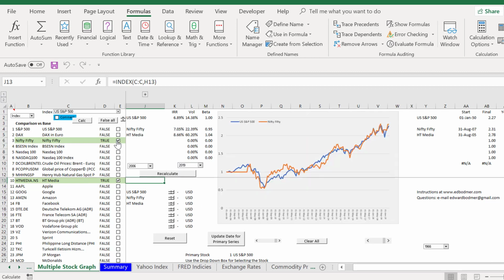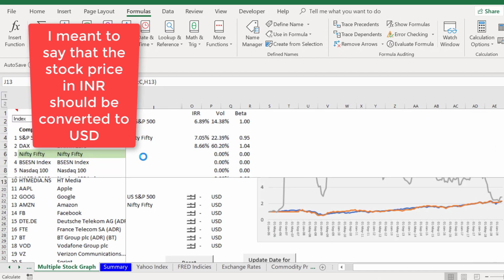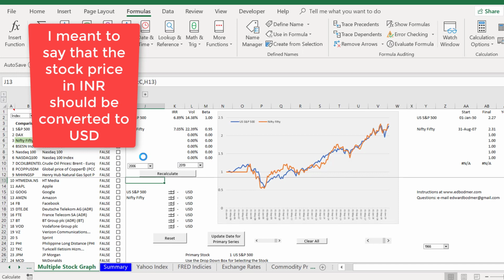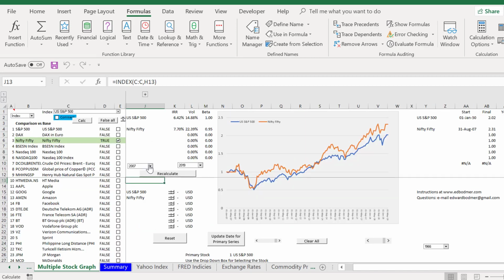Okay, and when we do that, I'm going to take this stock out for just a minute, and it looks like the Indian index just moved right along with the US index. Now this, unfortunately, Yahoo doesn't have a really long time period. This is one of the places you might want to go, and I'm going to try to get it from Google or from FRED, but the chances of that maybe are not so good. So it looks like the Indian index had a very close beta, and that the volatility was slightly higher, but